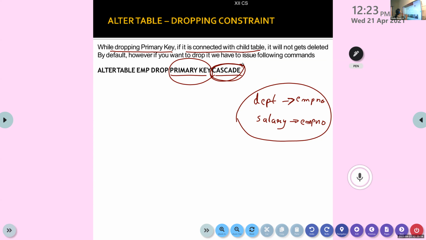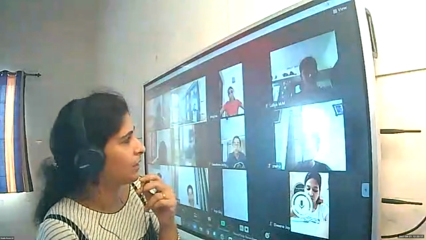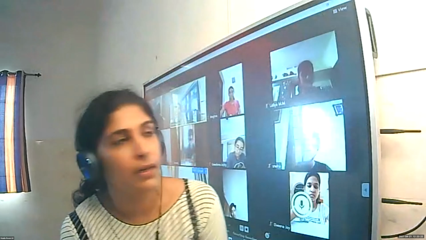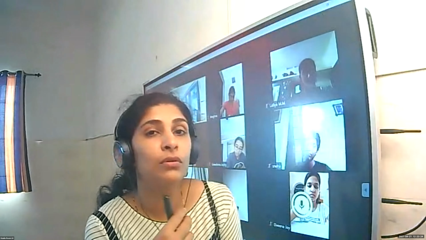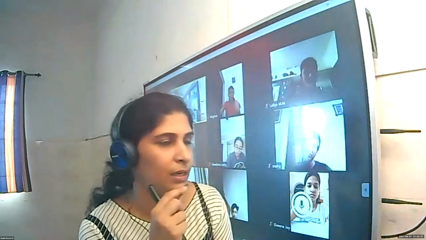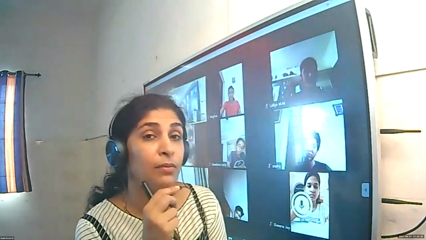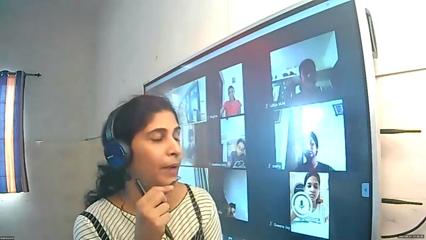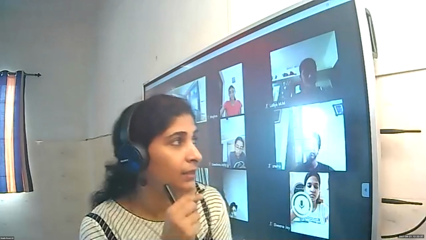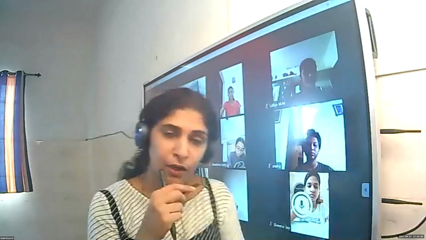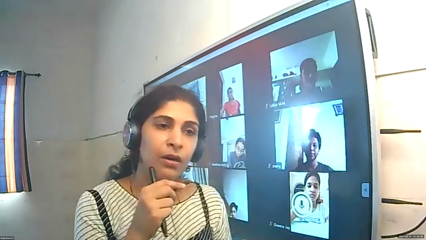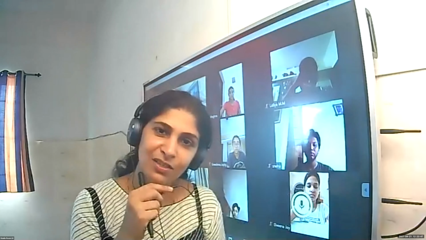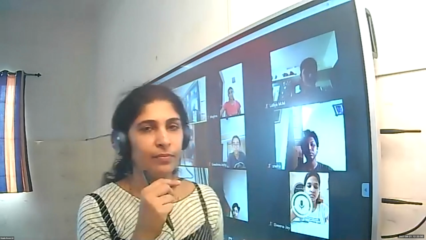So these are the different things we can do with the alter table command. Next class we'll do exercises using the alter table command. Many exercises and queries are available using it, so we'll practice. For the next class, study well this alter table command: how to drop a column, how to add a column, how to modify a column, how to change the column name, how to add a constraint, how to drop a constraint. Only that much.